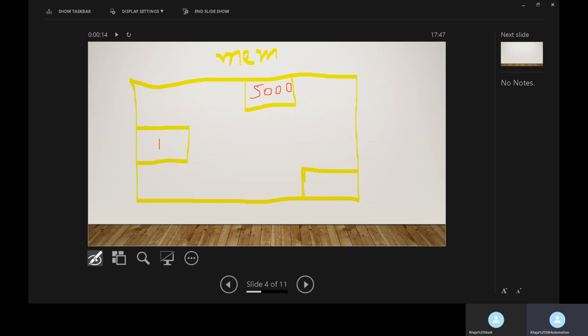Or let us suppose I'm taking one more value here, a suitable one. For example, here I am taking the value 3.14.